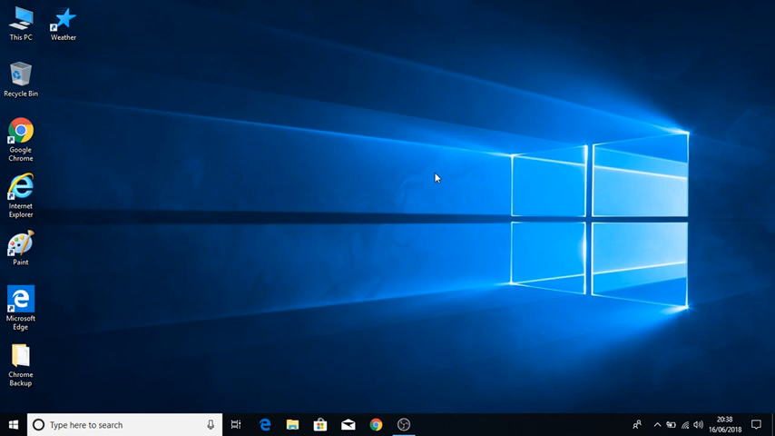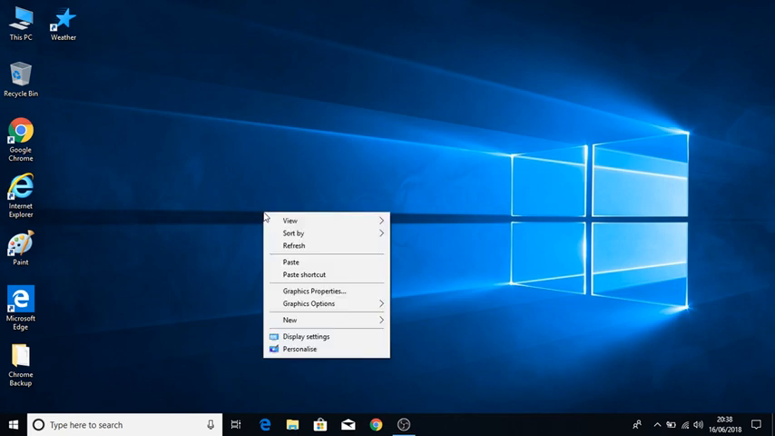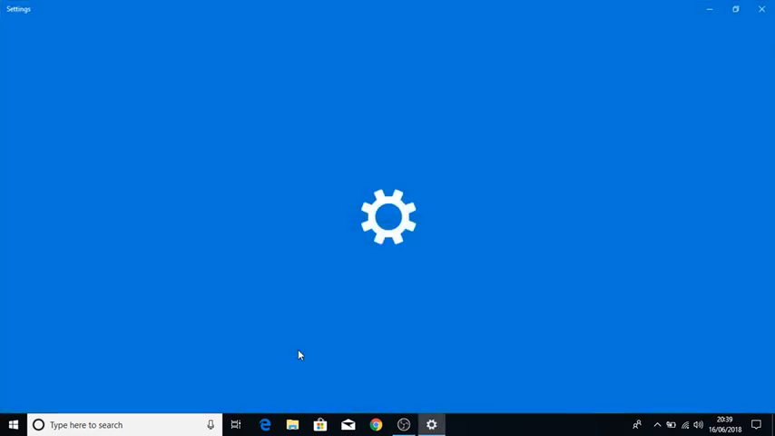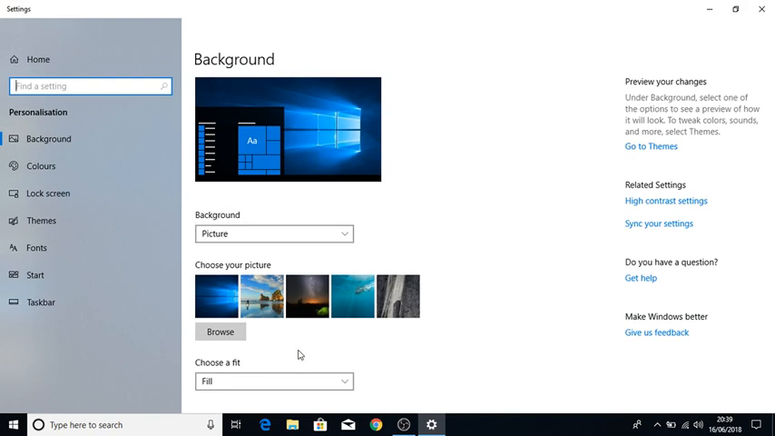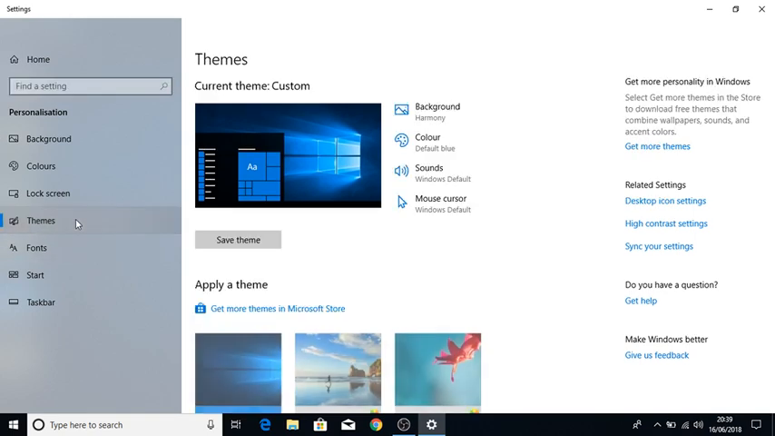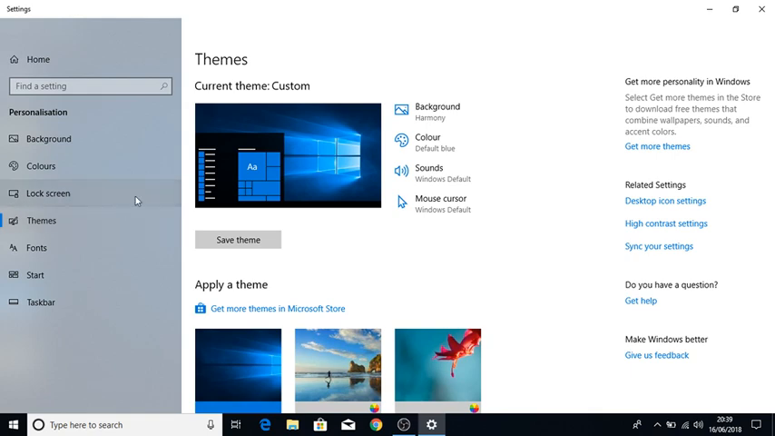Okay, so first of all, this is the Windows 10 desktop, and if I right click with my mouse and bring up the personalize window down here, click on there, personalize, and from the left hand side I go down to themes, so I select themes, then I move over to the right hand side and I select desktop icon settings, click on there,